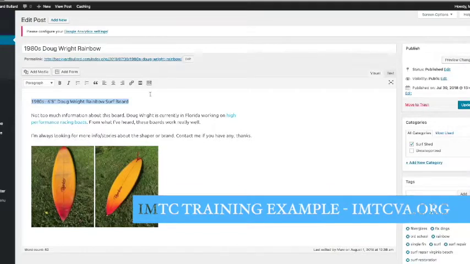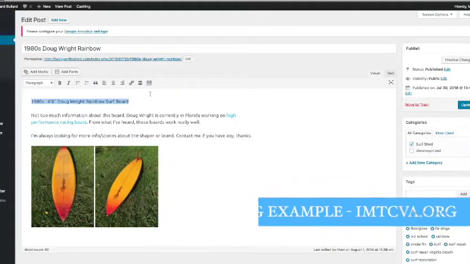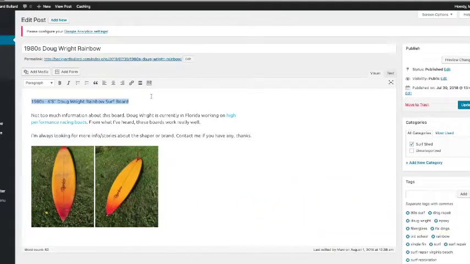Now, when it comes time to making it a header, since it is very important to me, I'm going to make this header 1 because, again, the search engines place most emphasis on